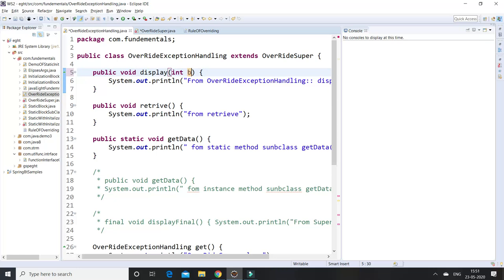So how can we create an instance of a particular class? How can we access the parent class method, and how can we access the subclass method? I am going to show you.